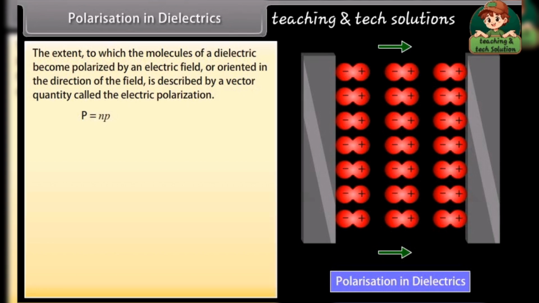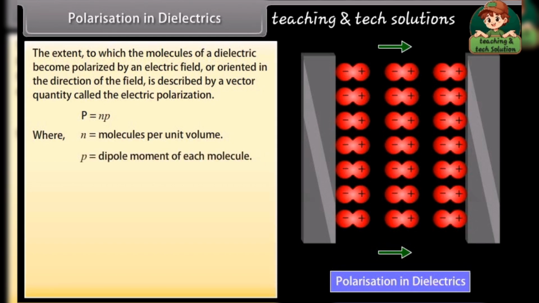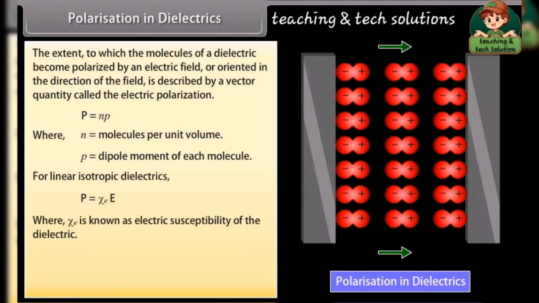P is equal to Np, where N is equal to molecules per unit volume, and p is equal to dipole moment of each molecule. For linear isotropic dielectrics, P is equal to the product of Xi and E, where Xi is known as electric susceptibility